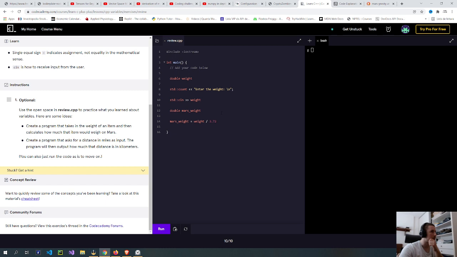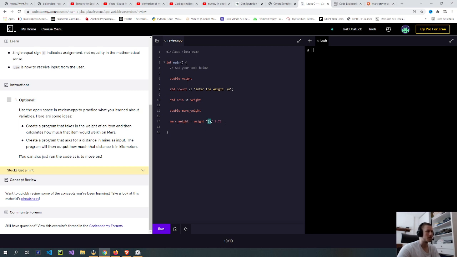Then you'd put that. No, weight is equal to mass times 9.8. And then on Mars would be 9.8 divided by 3.72. I think it's multiplied by the division, probably.